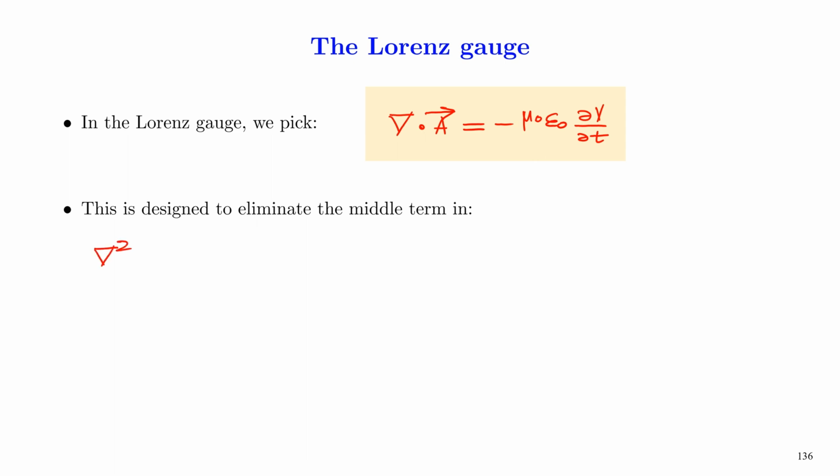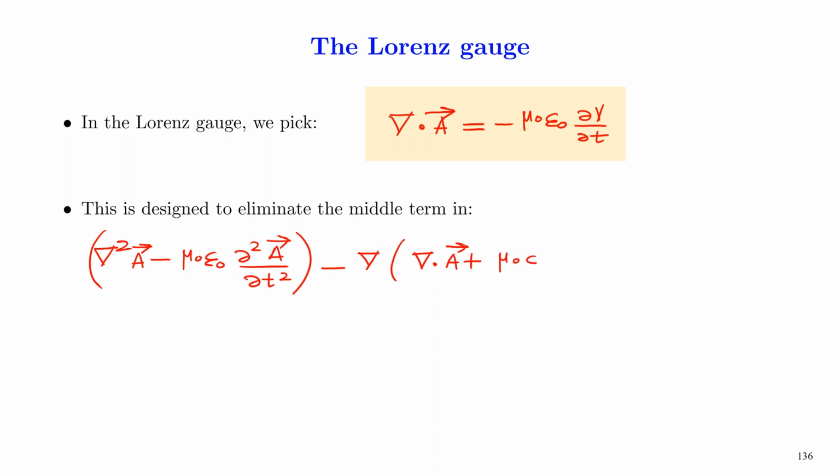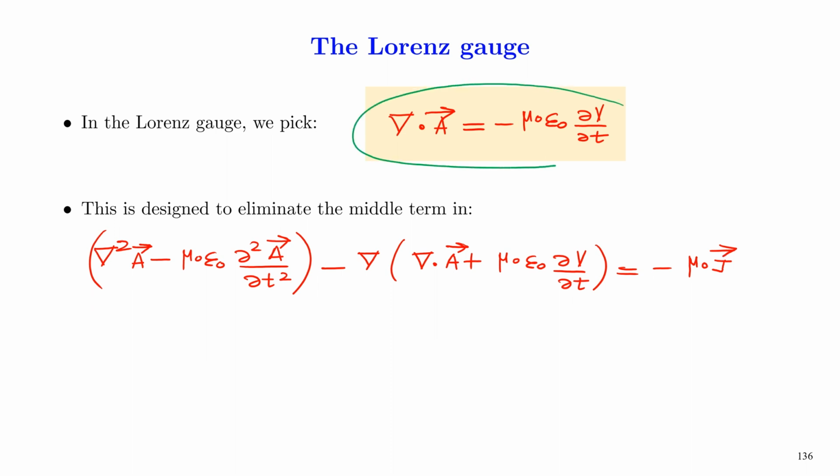That is, del square A minus mu 0 epsilon 0 dou square A over dou t square minus del of (del dot A plus mu 0 epsilon 0 dou V over dou t) equal to negative mu 0 j. When we substitute for del dot A,